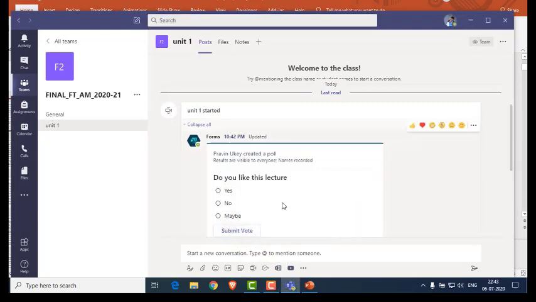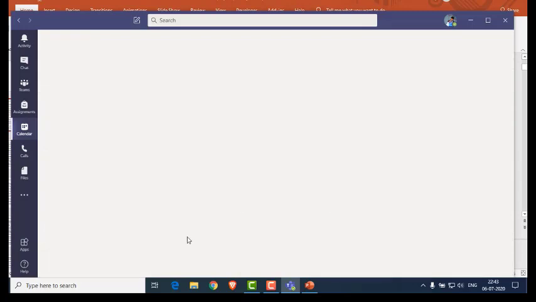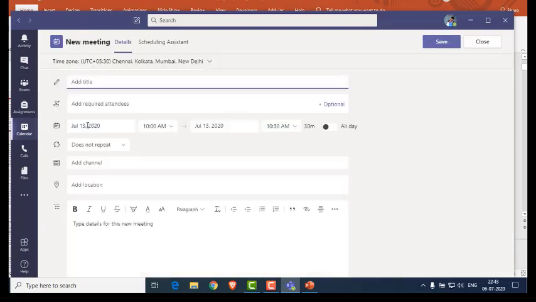This is for the option wherein, whatever I have told right now, I want to directly start the meeting. But what if I want to schedule my meeting? For this I need to click on this calendar, and say, for example, if I'm having the lecture at 10 a.m. If I click on this, it will ask me to add the title. So say, for example, if I want to add the title as introduction to the subject,